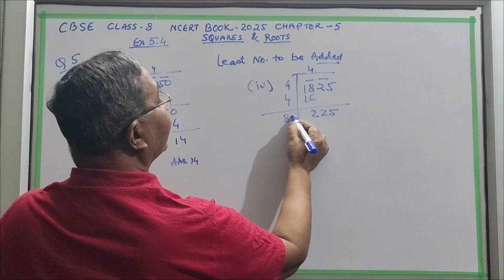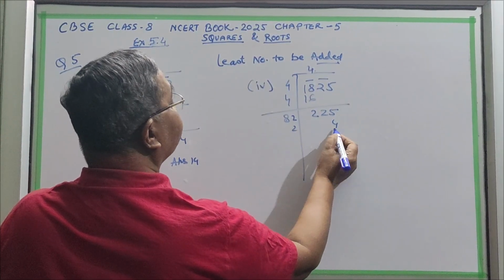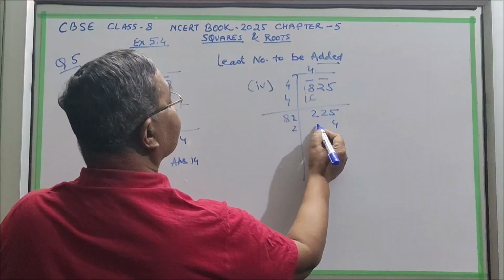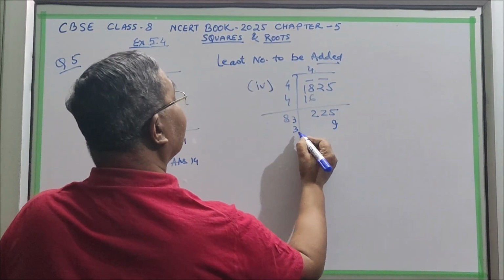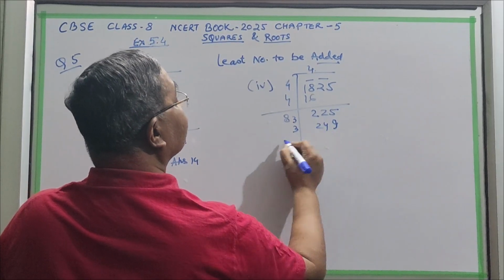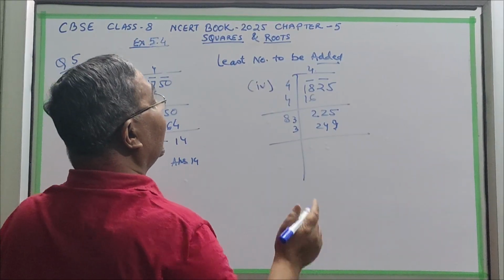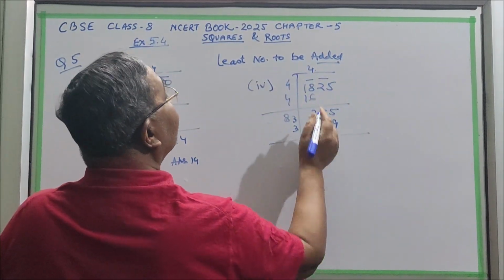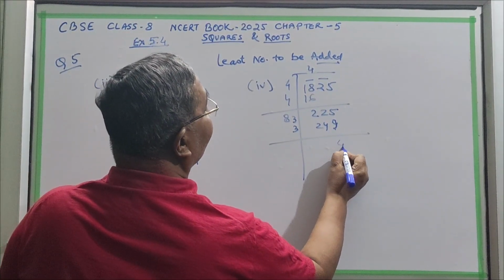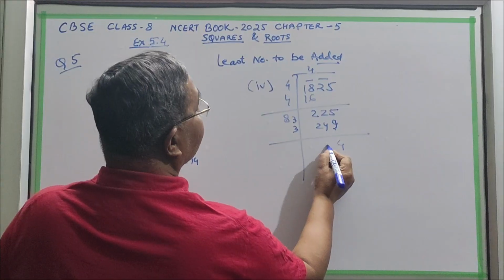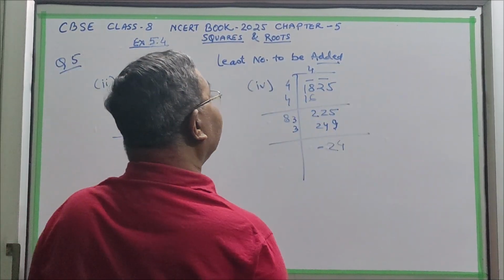So here, if we make it 2, so 2 2s are 4, 2 8s are 16. So we have to take it 3 times, suppose. 3 3s are 9, 3 8s are 24. Now this is okay. It should be as little as possible, least is okay. So by 2 it was okay, so we have made it by 3. Made by 3. So our answer is 5, and 2. This minus is coming. So it means this number should be added so that it will be a perfect square.